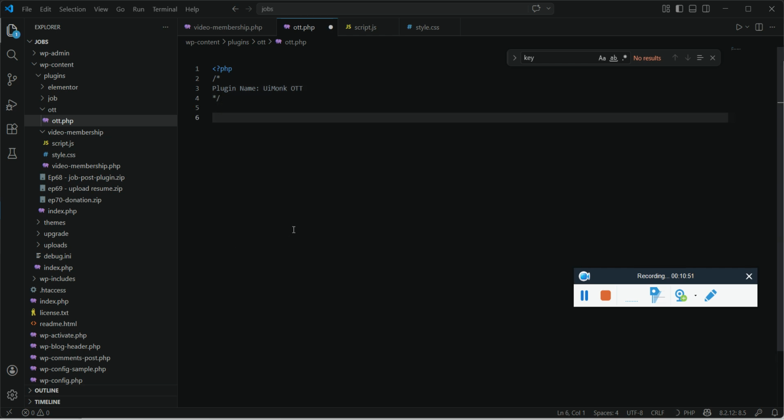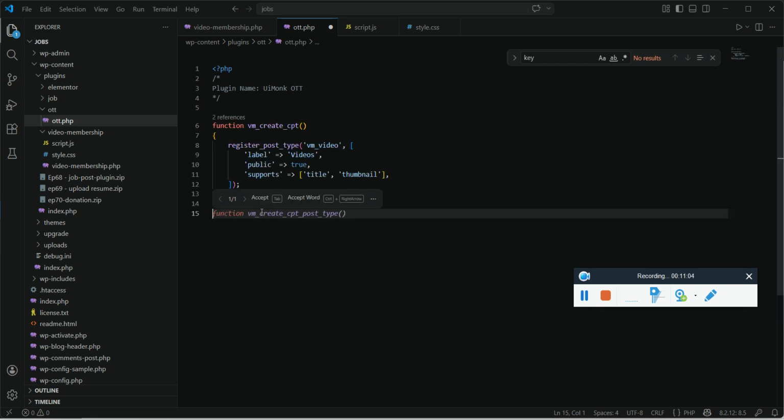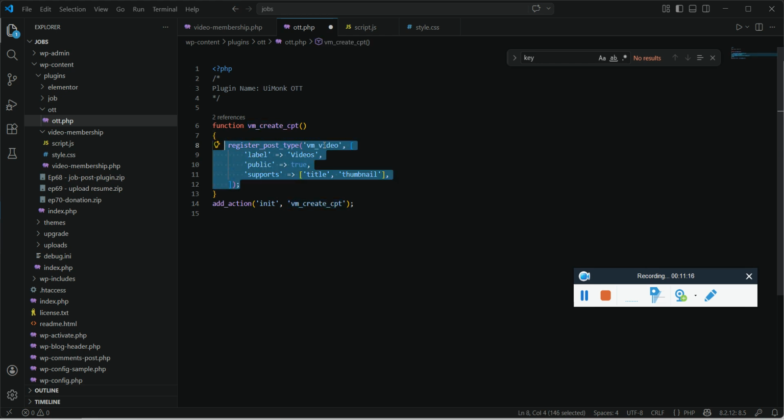So let's do that. I'm going to call a hook called init. When the init hook is called by WordPress, it should call my custom function, which should open a CPT. So when init is called by WordPress, this init will call my custom function. My custom function will register a custom post type, and the post type is